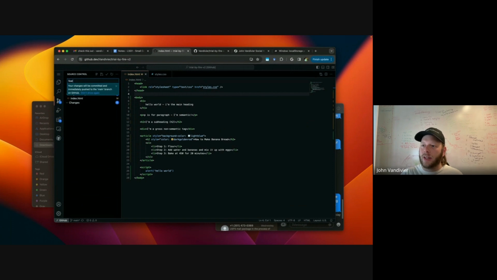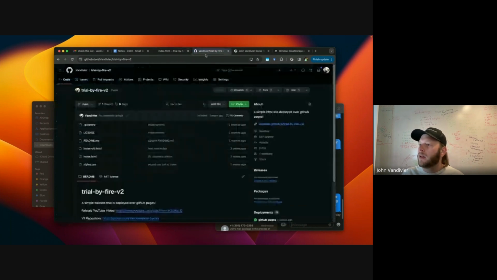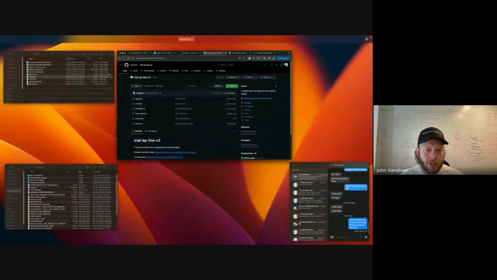So here I'm going to say feat: alert on load. This script will run and generate an alert on page load. I can go to my repo, refresh the page, and see the alert on load. So I know the index was pushed. While this builds, which is going to take a minute, I'm going to see if I have this on my local computer, so I'm going to try to clone this down locally.